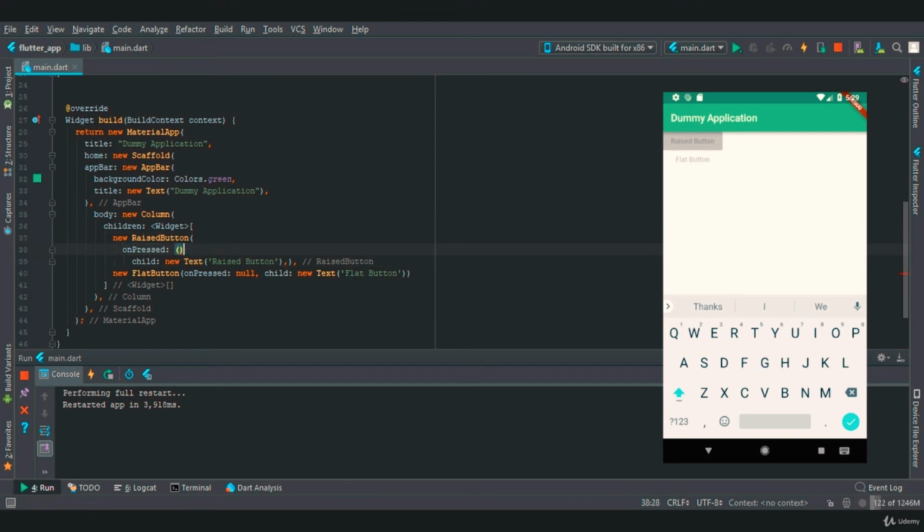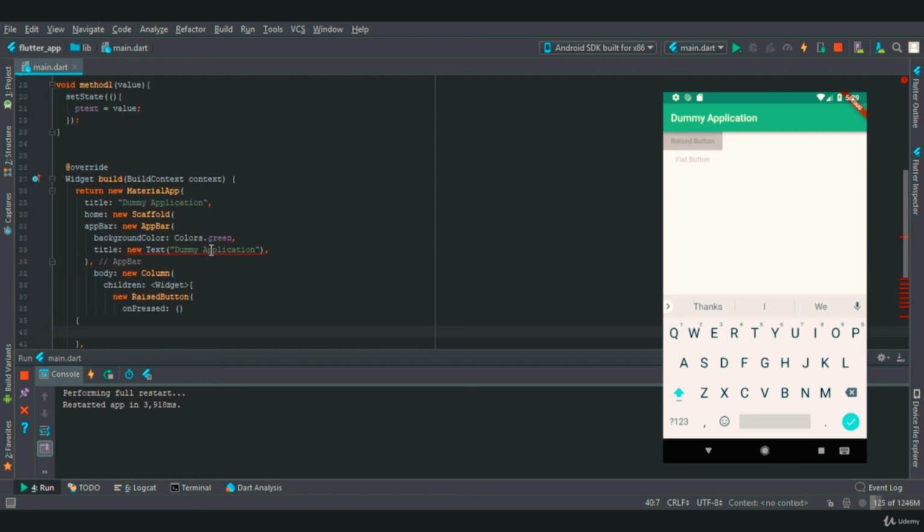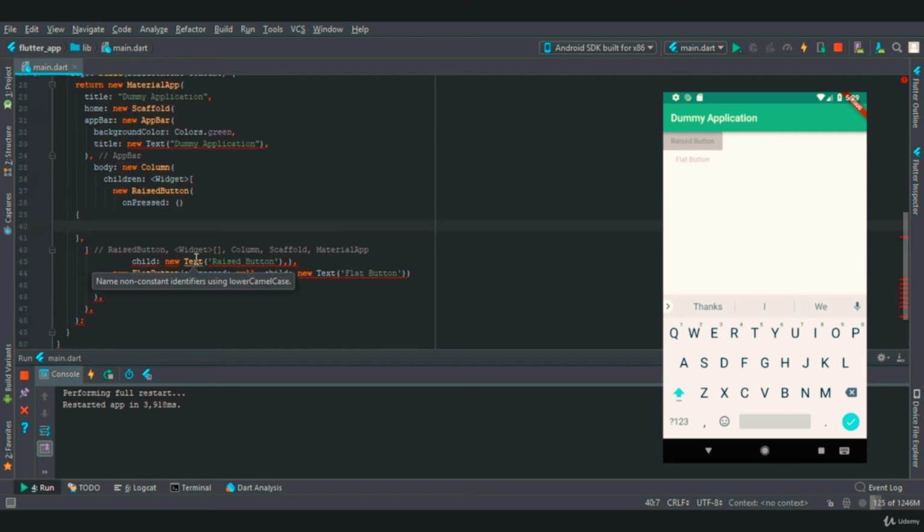In this function we need to provide this method. So let's call this method as method1, and let's give a parameter. Let's say you pressed raised button.